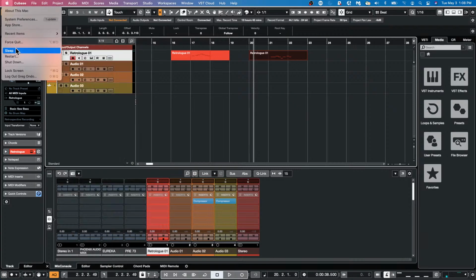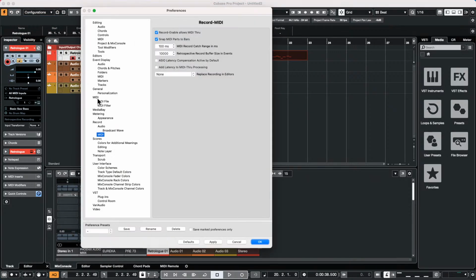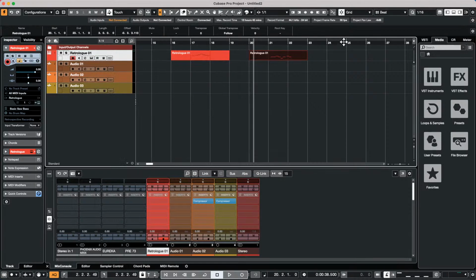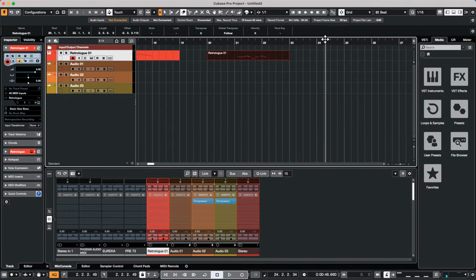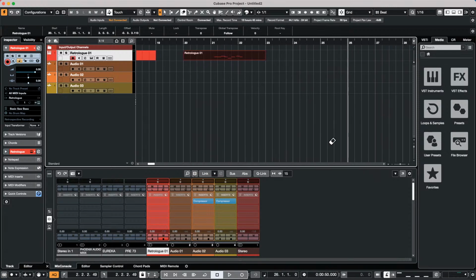There is a preference that could also affect this behavior. If you go to MIDI and to record, you could say snap MIDI parts to bars. So if we go and record earlier, and we're sending information beforehand, let's say I wanted to record and I have a 2 measure count in, but I hit the pedal or I'm just noodling, that once we have a 2 bar count in, if I send MIDI data before it goes into record, it will add that count in data because there is MIDI data in the buffer,